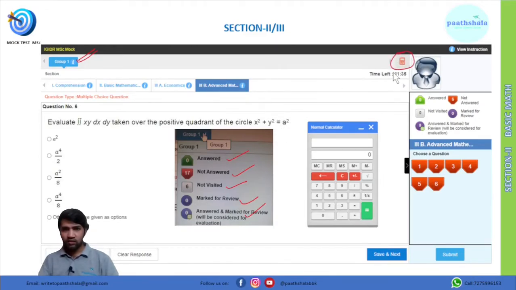And this thing is important, as I'm mentioning that a calculator is available. It is a very normal calculator in which you can do addition, subtraction, multiplication, division along with square root. So this is a very good advantage to you for solving stats related or some numerical questions. Okay, so now let's look at the first question.